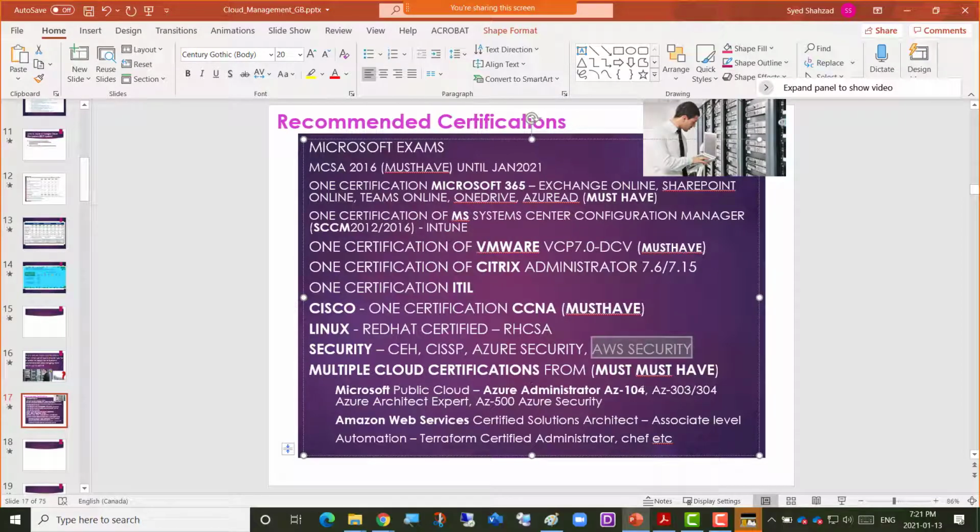And then the must-have comes, and that's where our course is: you need to learn the public cloud, and that is Azure Administrator. For this certification you must do AZ-104, Microsoft Azure 303, which is Azure Architect, and Azure Security.